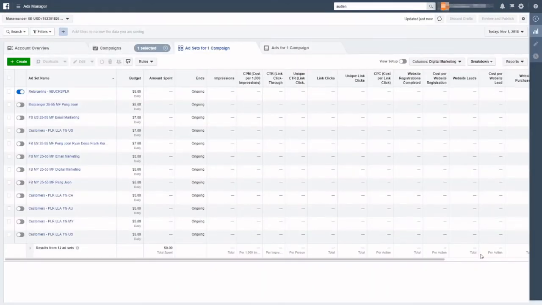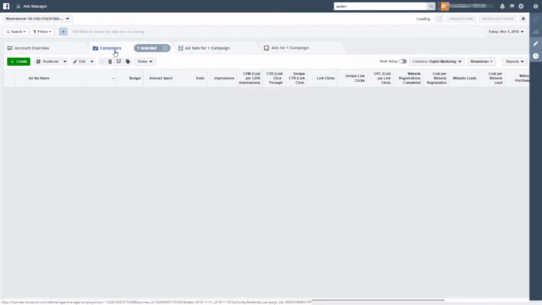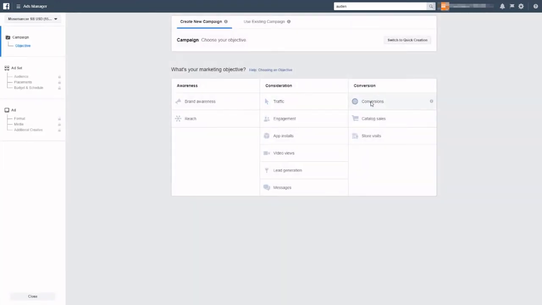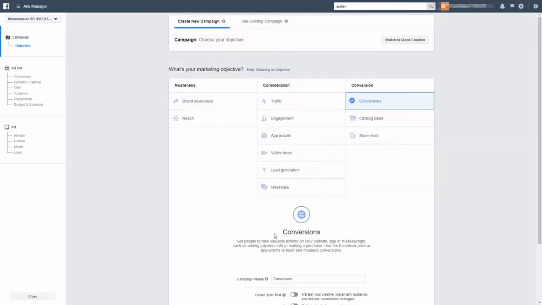I'm going to continue from where I last left off on creating your custom audience. And now that we have already done that, I'm going to show you how to create the Facebook ad retargeting. So what you want to do right off the bat is that in campaigns, you're going to create a conversion campaign. Now I'm going to show you one of my immediate examples right now. It's easier that way. But if you want to backtrack things, you want to start with campaigns, click create, and then we're going to go to conversions, and then you can call it